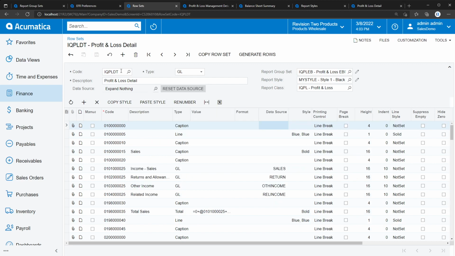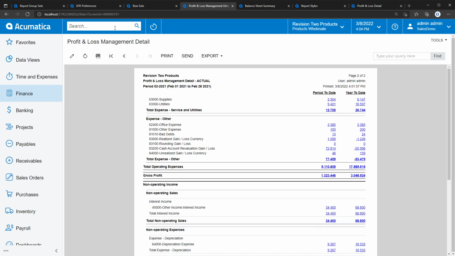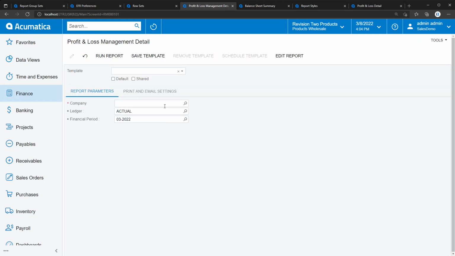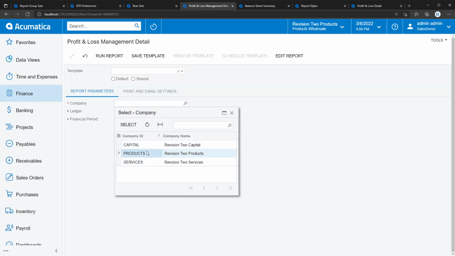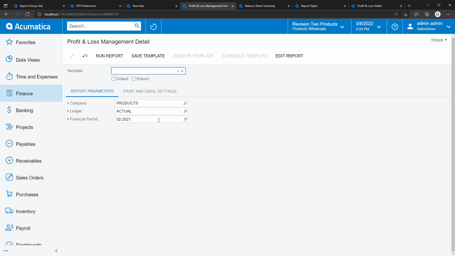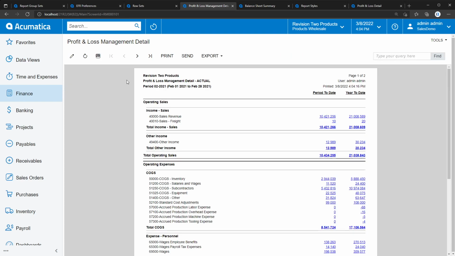Now I would probably want to either change the name to summary or create a new row set and do this, but just for demo purposes I'll run it as it's called, and my report is